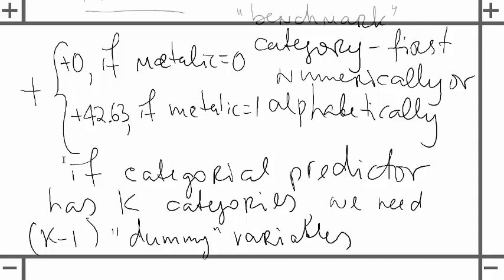Okay? So in this case, what do we have? Two categories, metallic, non-metallic, right? So we need only one dummy variable. K equals 2, two categories, minus 1 equals 1. So we need only one variable, metallic, which corresponds to metallic equal to 1. So metallic equal to 0 is always going to be the base case. This is how we handle these